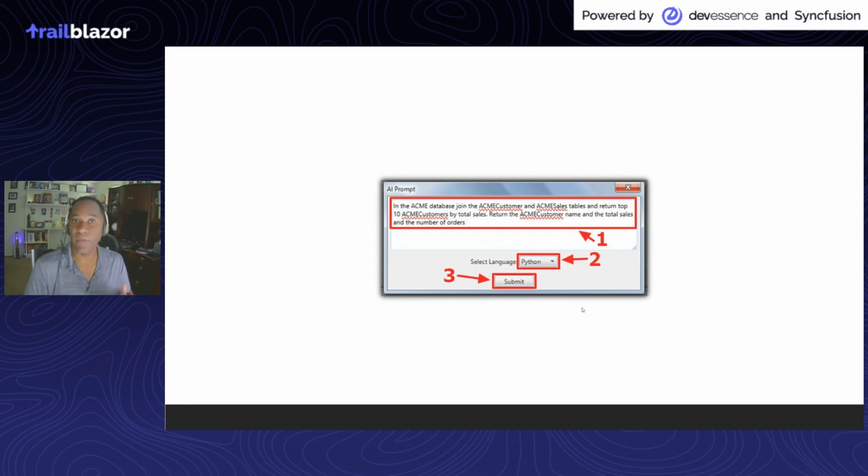So at this point, we've imported a customer table and a sales table. So in this prompt, I'm going to say, okay, in the Acme database, and again, that's so that it doesn't get confused with, say, the customer table in the Northwind database. In the Acme database, I want you to join the customer and the sales table and return the top 10 customers by total sales. I want you to also return the customer name and the total sales and the number